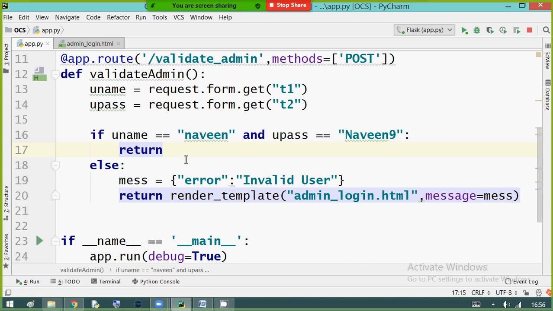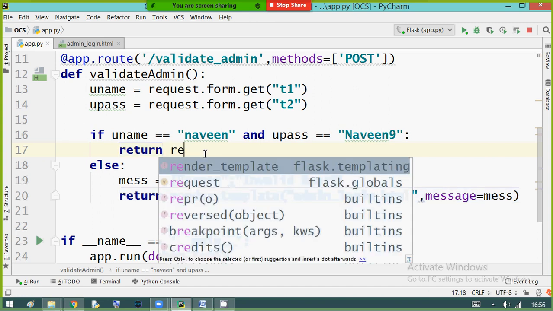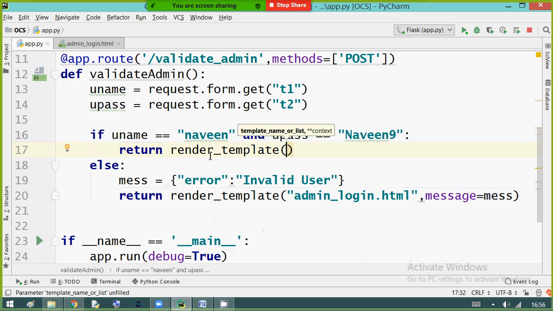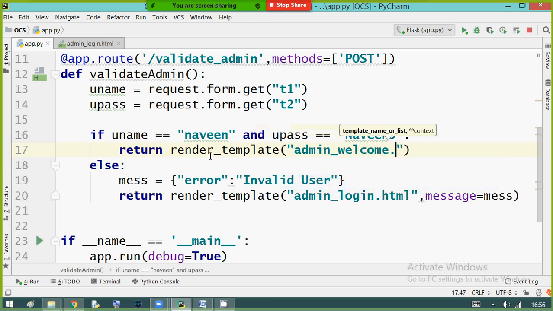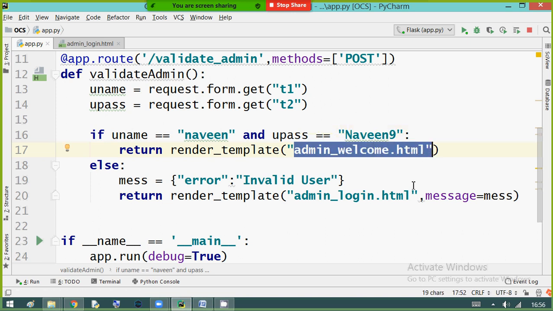Similarly, once the user is logged in with proper username and password, where do I have to go? So simple, render a new template, saying admin welcome.html.